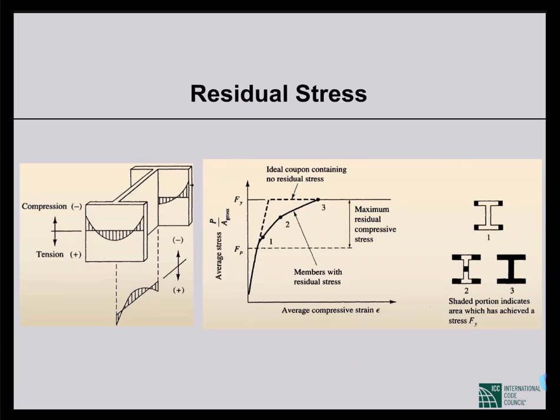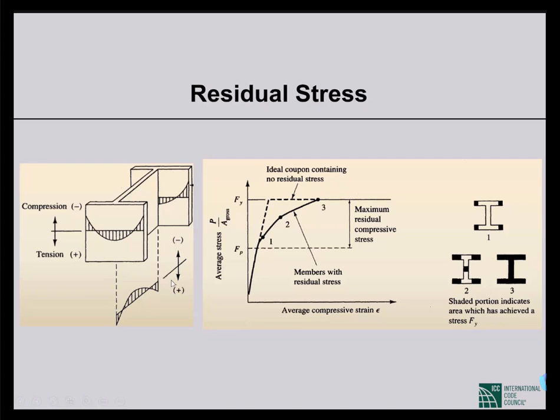Now, if we see the picture at the right side, it shows that in some places there are compressive residual stresses, and at some places tensile residual stresses. Why is it like this? At the flanges, at the outer edges, there will be compressive stresses, and at the junction with the web, there will be tensile stresses. In the web, in the middle, there will be compressive stresses, and at the joint with the flange, there will be tensile stresses. Why is it like that?